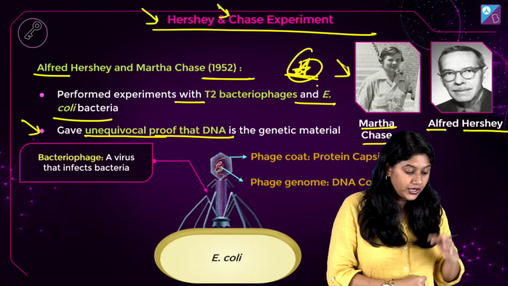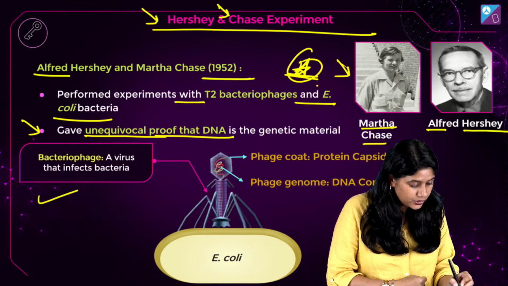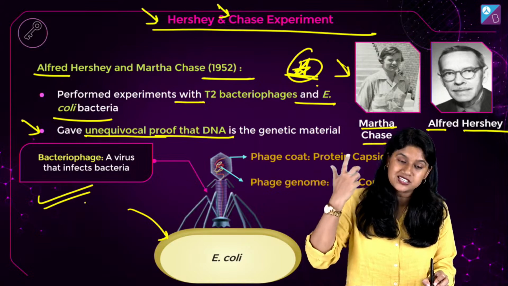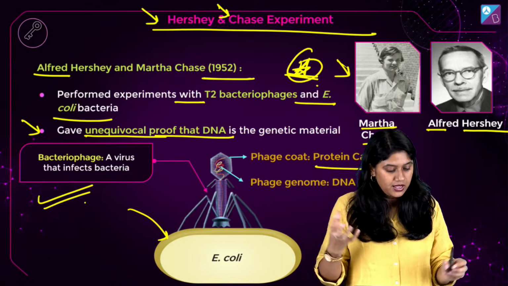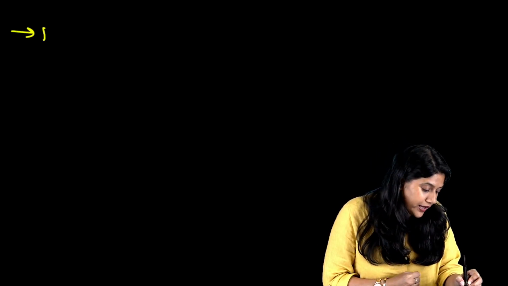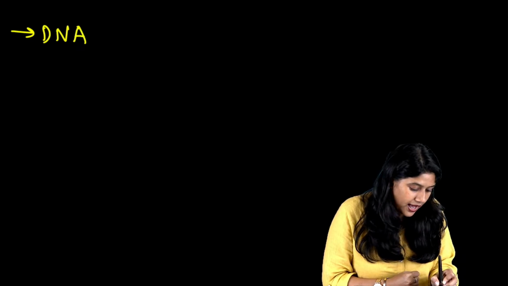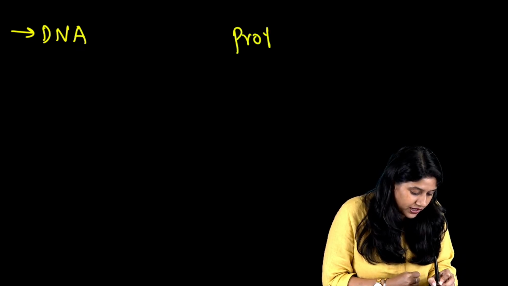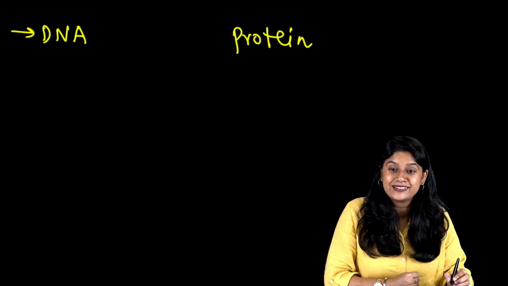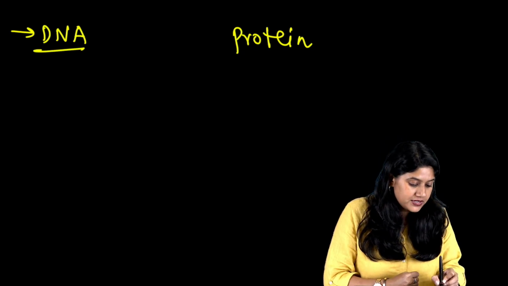Clear? उन्होंने क्या किया? Of course they have the bacteriophage जो infect करता है bacteria को, and of course we know that it has a protein capsid and they have the genetic material. Now, very interesting everyone, right? We know that DNA में क्या होता है, and we know that proteins में what we have. Why they opted for the protein and for the DNA?